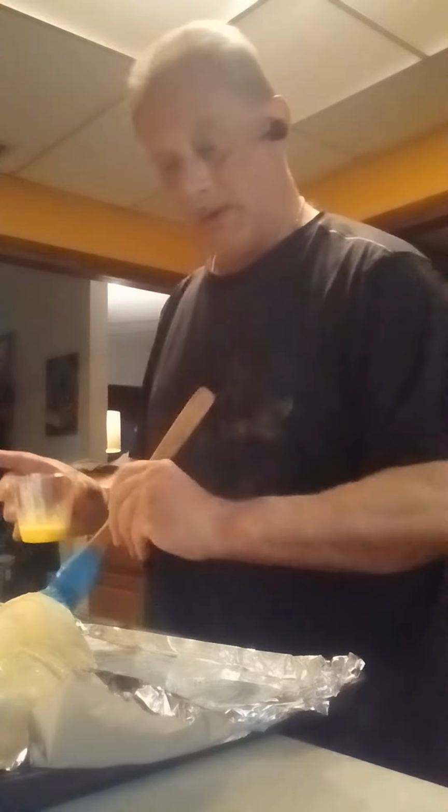Okay, so again, I'm going to paint it. Plus, what happens is by doing the egg on it, when you bake it, it's going to give it a nice golden brown look to it. We'll do that all up. Get it nice and covered. So we got that going. All right. Now what I'm going to do is I'm going to take a knife, and I'm just going to kind of just like poke at it. Just allows it to breathe, because we got so much in here. There's cheese and everything. It's going to bubble through, and